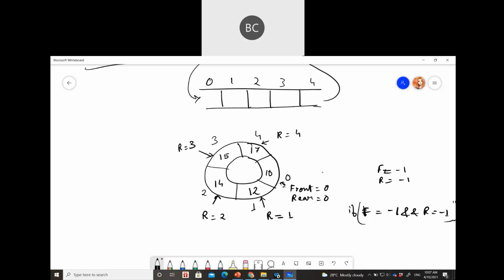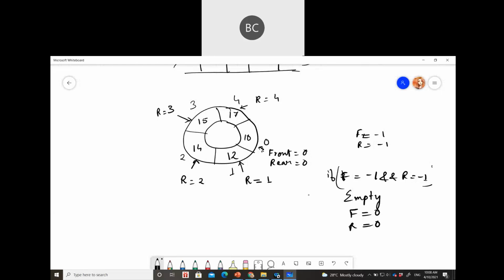If yes, then your queue is empty. So once it is empty, you will set the value of front equal to 0 and rear equal to 0, and you will add the item. You can write, suppose, q[rear] = element. If it is empty, you will set front and rear equal to 0 and add the item here.